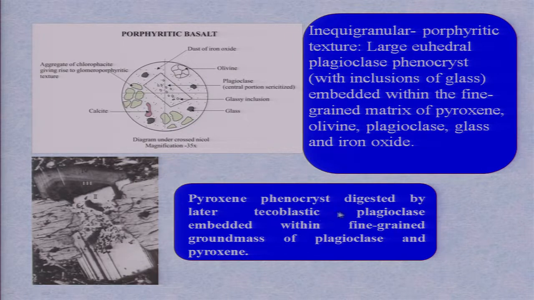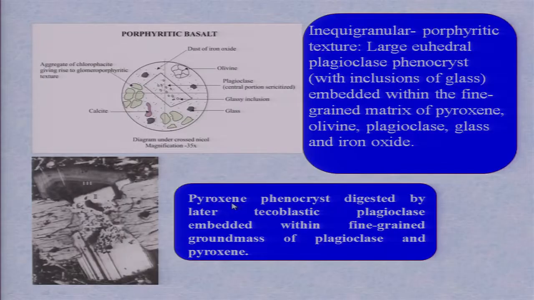See another slide in this picture. Pyroxene phenocryst digested by later tachoblast. Tachoblast is a variety of phenocryst which is much larger than the phenocryst. We call it a tachoblast. So, in this case pyroxene phenocryst digested by later tachoblast plagioclase. This is a plagioclase. This is actually a pyroxene phenocryst. Earlier it was a continuous pyroxene phenocryst. Later on it was digested by a